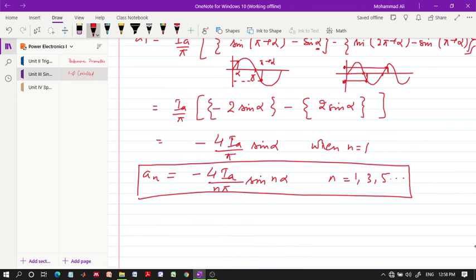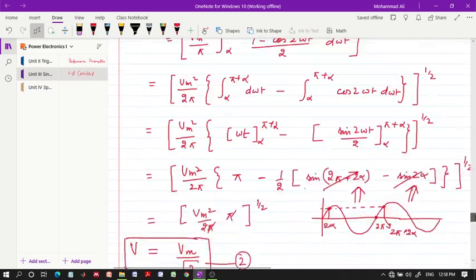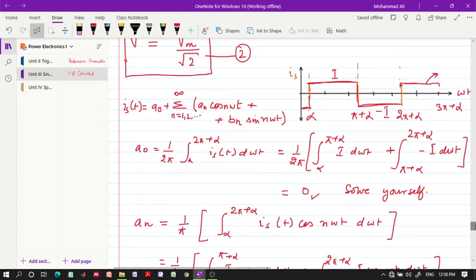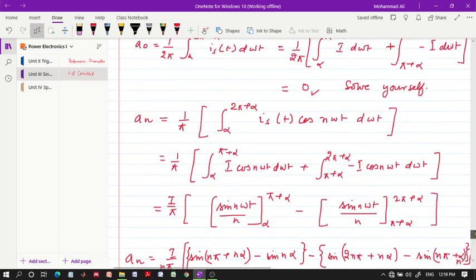Now, without taking much of your time and leaving some things to you, you can calculate the value of Bn as well. And what should be the value of Bn? Because in the above function, when we have written over here, see, this function was having an and bn. We have to define these three constants. A0 was 0. An has come out to be 0 when n is even, and has some value when n is odd. Similarly, we can do the analysis for Bn using the formula like this.